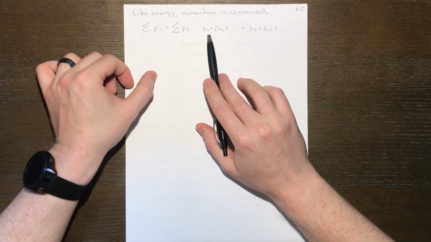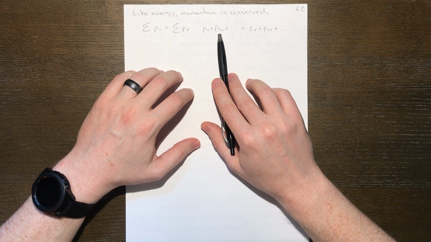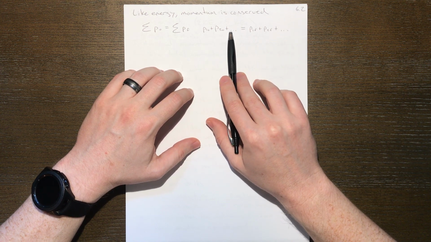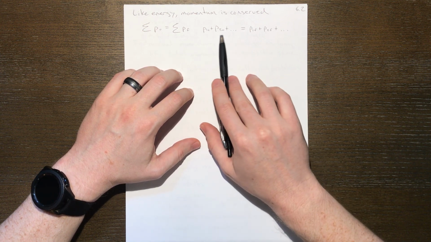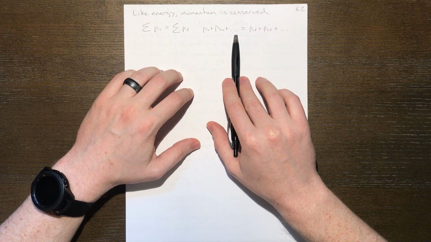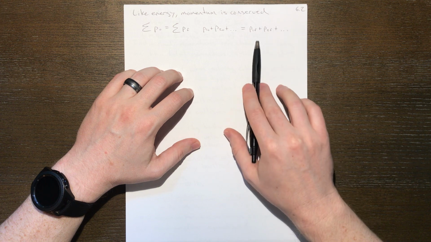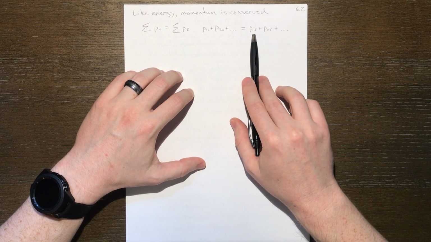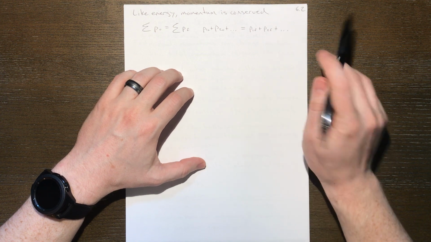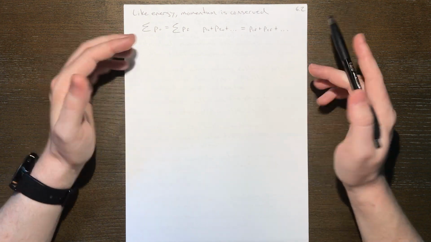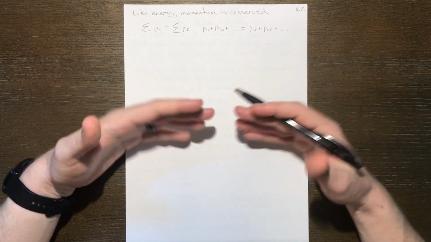And so really this is saying, okay, well, object 1's initial momentum plus object 2's initial momentum plus object 3 and 4 or 5, however many things you're concerned with. You add up all their individual momentums at the beginning, and they better equal all of their momentums at the end. That is, we then look at object 1's final momentum, object 2's final momentum, and so on and so forth. Now, in this class, we'll keep things relatively simple. We'll probably stick with 2 objects at a time, but it can go as